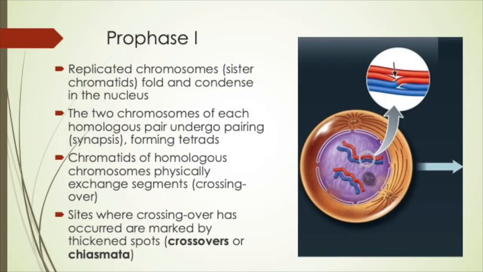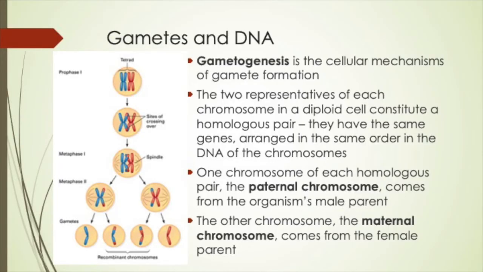Meiosis. This is basically talking about crossing over events. What phase does crossing over take place in? That's prophase 1. Also, you should know what the different phases do in meiosis. Make sure that you can figure out how the different phases are working, what the tetrads are doing in each phase, and how they're separated.